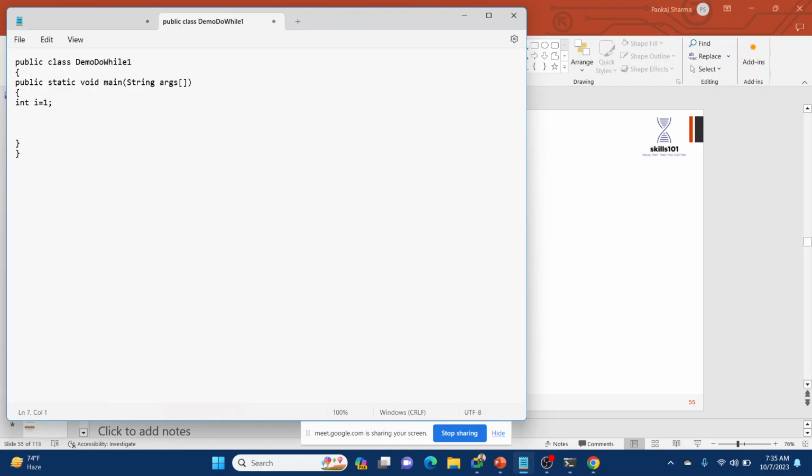Now what we need to do: curly braces open and close, and on the curly braces, while I is less than or equal to 5 and a semicolon. Now this is the body part, whatever we used to write in the while loop we will write over here: System.out.println(I) and I++.